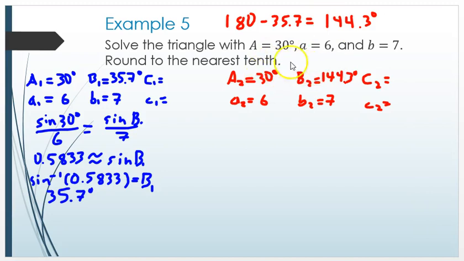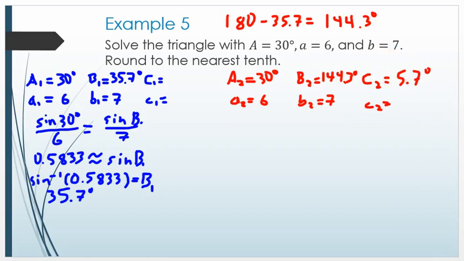Since those two numbers add up to less than 180, then we can find the third angle of the triangle by doing 180 minus the two numbers we know, and that will give us a third angle for the triangle of 5.7 degrees. So this time it was possible to find a third value. And again, what I did to determine that was I took these two angles and added them up. Since it was a number less than 180, I was able to subtract it from 180 to find the third